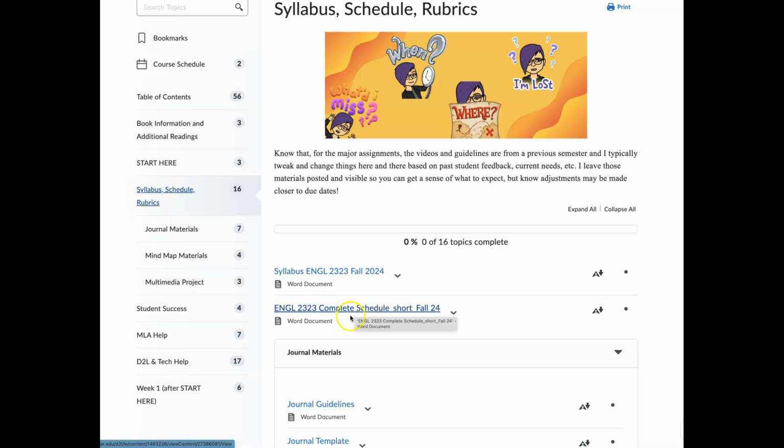I want you to know that it is only for the first 5 weeks of our course, and this is very intentional because in semesters in the past, I have noted that maybe in one class or the other, things are moving too quickly, or the pacing is off, or this or that assignment needs to be adjusted for whatever reason, and it requires then overhauling the entire semester. So it's only within the first couple of weeks that I kind of get a sense of the pacing that we need. And so once we get through the first couple of weeks, you'll then have a view of the entire semester at a glance.